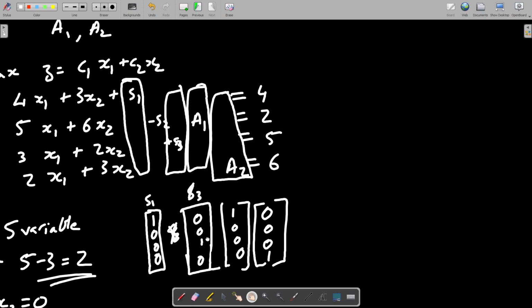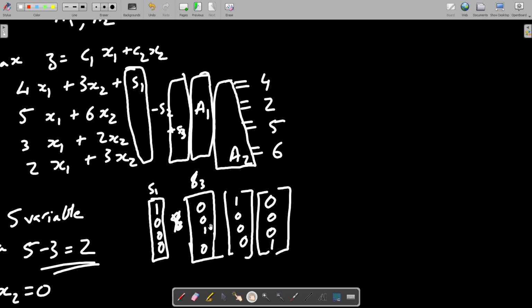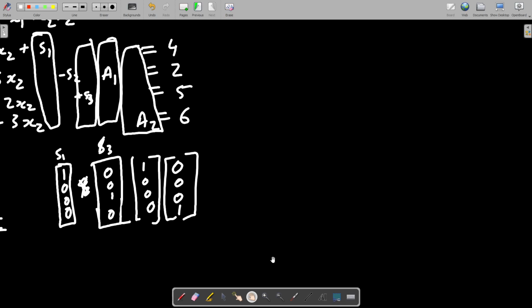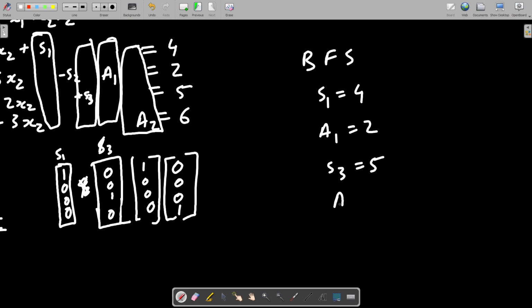So after using artificial variables, we can get a basic feasible solution. What will be the basic feasible solution to this problem now? You put everything 0 except for these four variables which give you the identity. So the basic feasible solution here is S1 equal to 4, A1 equal to 2, S3 equal to 5 and A2 equal to 6.